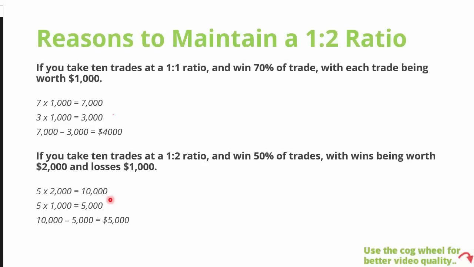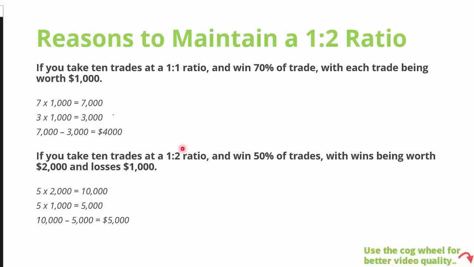I'm still planning on winning 70% of my trades, and I still think I can do it. Maybe I won't be able to do it. Maybe I'll win 60%, but I'm still planning to win 70% of my trades. But if I do not win 70% of my trades, if I only win 50% of my trades, and again, this is not something I think is going to happen, but just say theoretically, if I only win 50% of my trades this year, I'm still going to make more profit than last year, where I was winning 70%